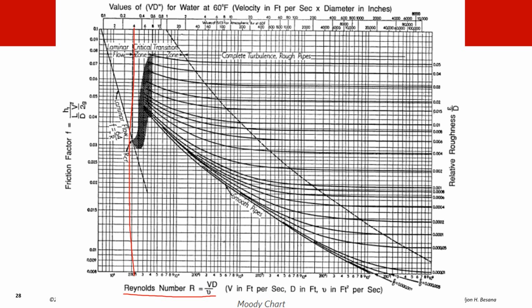For example, our relative roughness is 0.004, so just locate 0.004 here. Then our friction factor will be